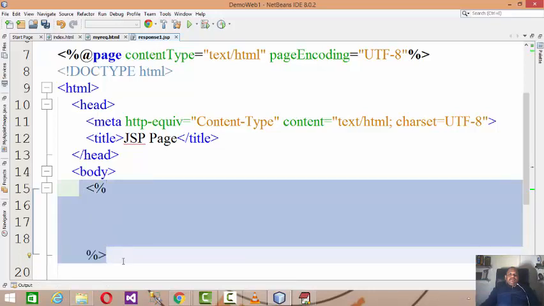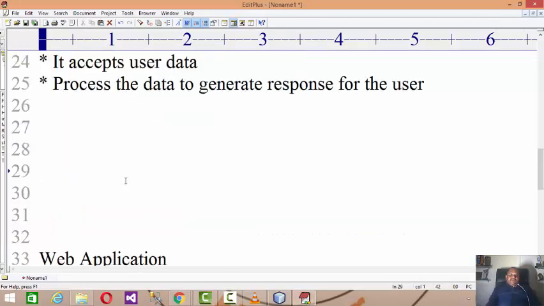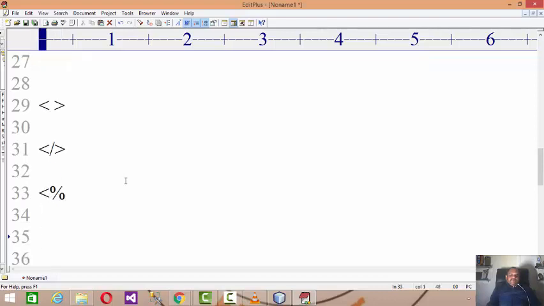This modulus indicates your JSP code. Just like your HTML tags are enclosed in angular brackets, opening and closing, the Java code is enclosed in angular brackets and modulus.